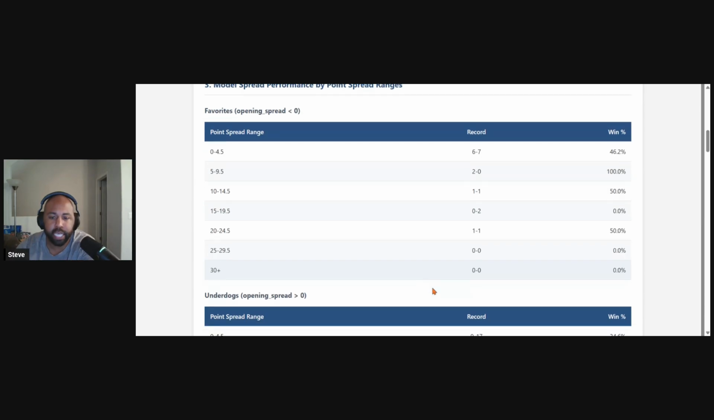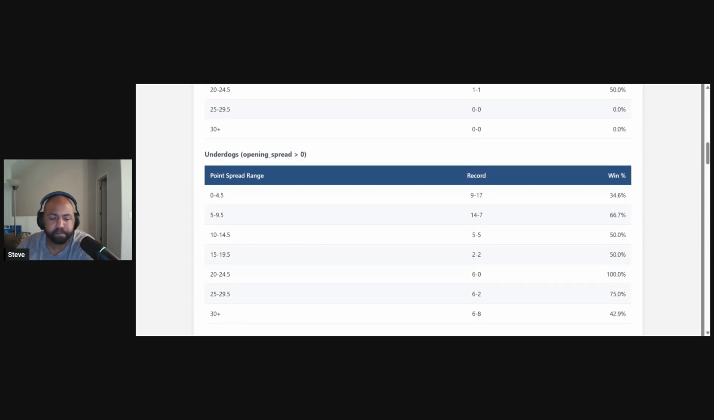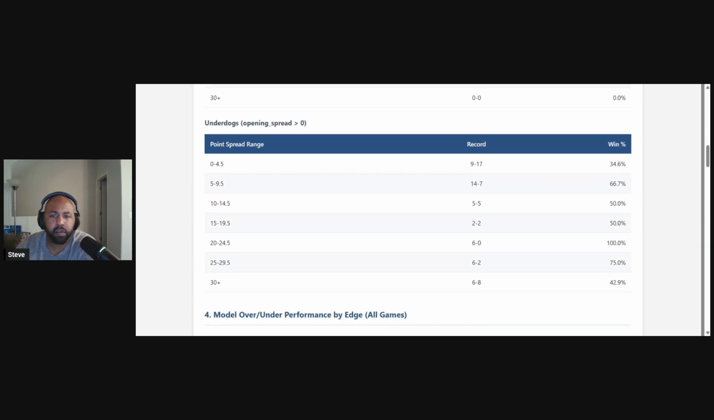I will say, just kind of bump down for a second. When we look at these underdogs, like I mentioned before, a lot of these large edges are going to come on these underdogs, 20 points plus. And you can see here between 20 and 30 points in underdogs, the model's actually doing very well on picking up these spots where you want to back the underdog. Overall, 12-2 so far in that 20 to 29 and a half point range,